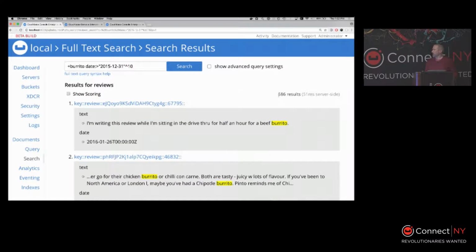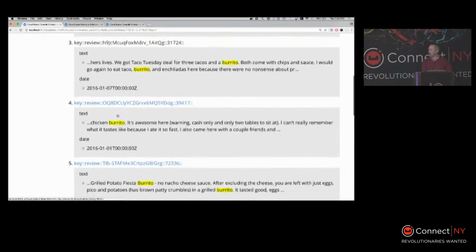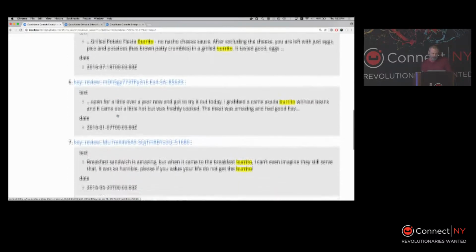So the first thing is we notice, okay, we accomplished that. We got the exact same result set. Or again, we've got the same number of results. We're assuming it's the same result set for this demo. But you notice, okay, it actually kind of worked. We're seeing things from 2016 and newer are at the top of the result set. In fact, I think I have to scroll down to like